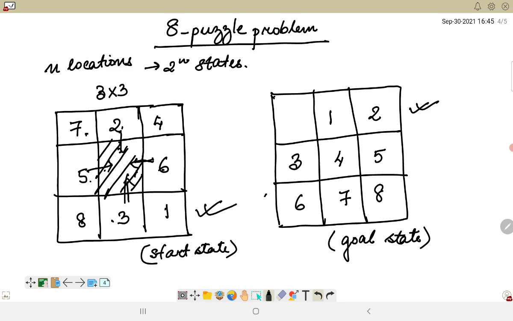You can also consider that maybe you can reverse the numbers here. So if I'm considering here 4, 6, 4, 7, 2, sorry, 6 is already here, 4 7 2. So you can also keep it this way. It can be any initial state. But we have to note that any given goal can be reached from exactly half of the possible initial states. So it can be any state.